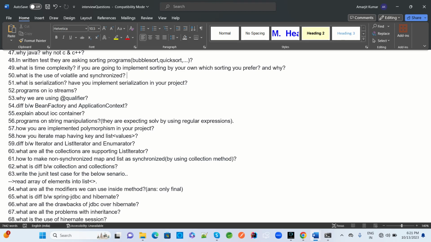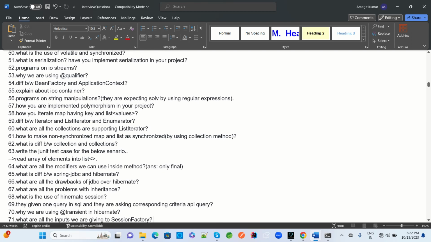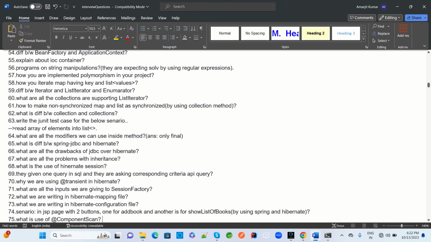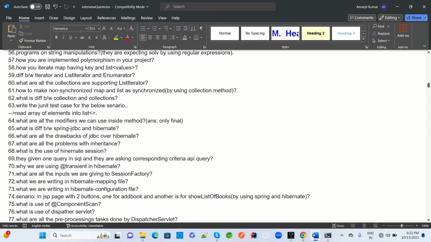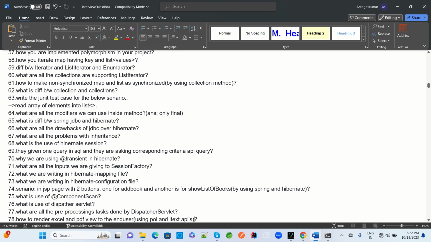What is serialization? How you implement serialization in your project? And then a program from Java stream. What is a qualifier annotation? Difference between bean factory and application context. Explain about IOC container. Then program on string manipulations, how you are implementing polymorphism in your project, how you iterate